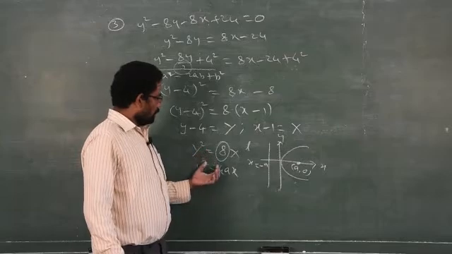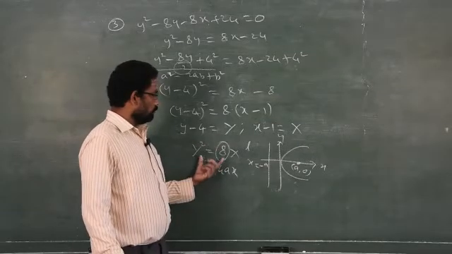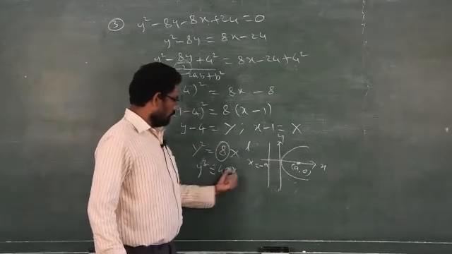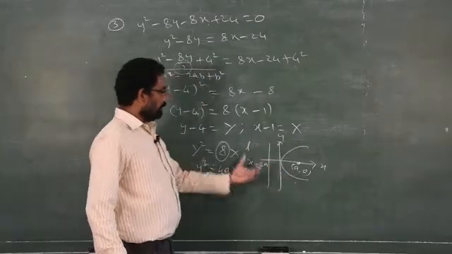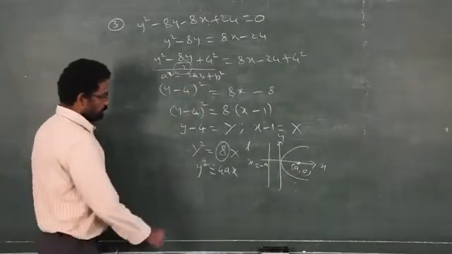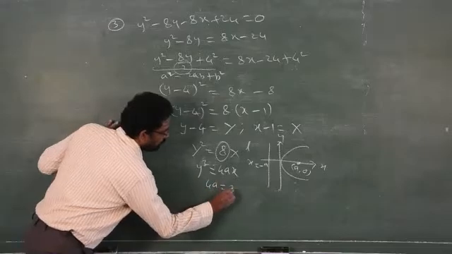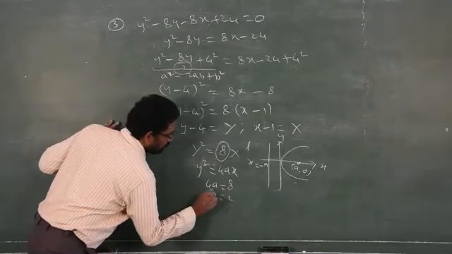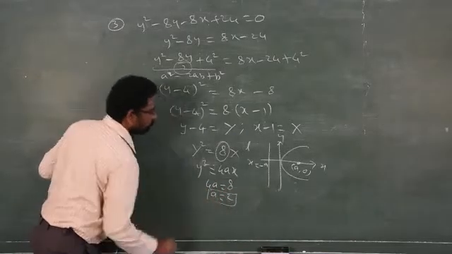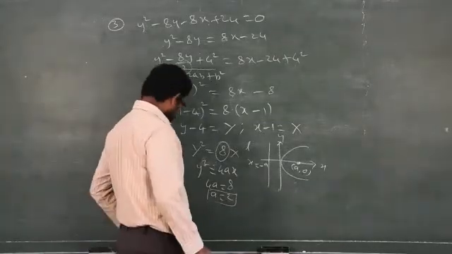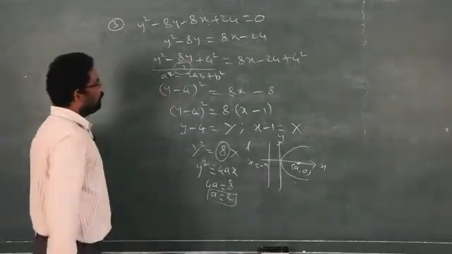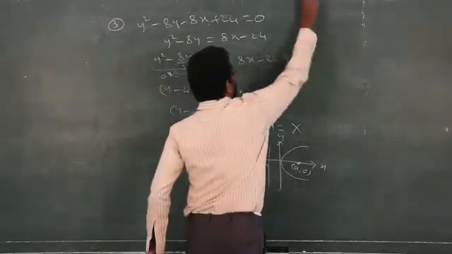So that's why I did not draw the exact diagram for the given question. You just have to see this one and write the standard form of the diagram, then we can proceed. Clear? So now 4a is equal to 8, therefore a is equal to how much? 2. So after that, once you know this, then you have to find out